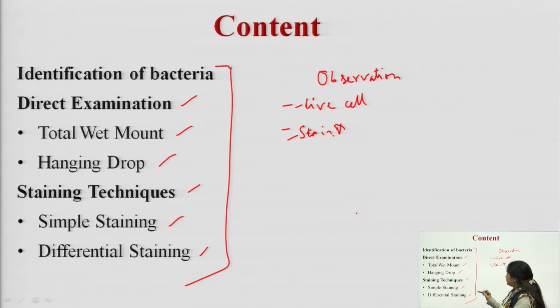Now, direct examination means, whatever microorganisms are in water, in soil, or in various samples, how we can see those microorganisms in those samples directly. We will examine under the microscopes using direct examination techniques. In direct examination, we will take the sample in which we want to see the microorganisms, make a dilution of that specimen, and then go for direct examination using the various microscopes which we discussed earlier in unit number 1.